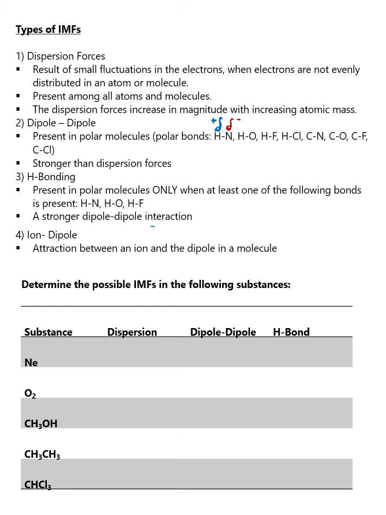Third type of intermolecular force is hydrogen bonding. Now, hydrogen bonding is a special type of dipole-dipole. We can look at hydrogen bonding as being the strongest out of the dipole-dipole bonds that you have. So my list of polar bonds up here in number 2 is a simplified one for number 3. Your dipole-dipoles, the ones that you're getting between hydrogen and nitrogen, hydrogen and oxygen, and hydrogen and fluorine,